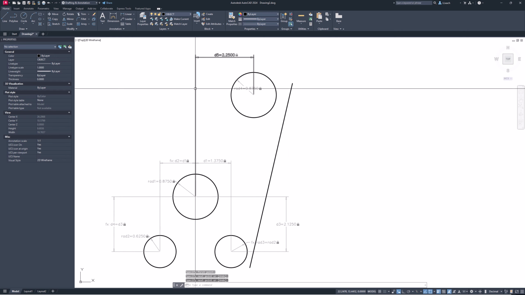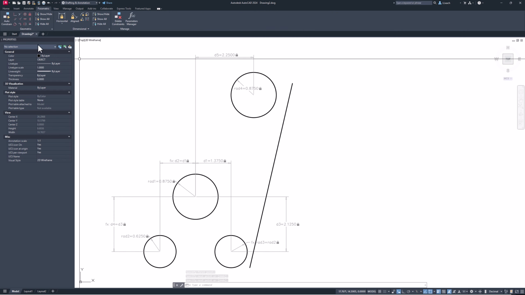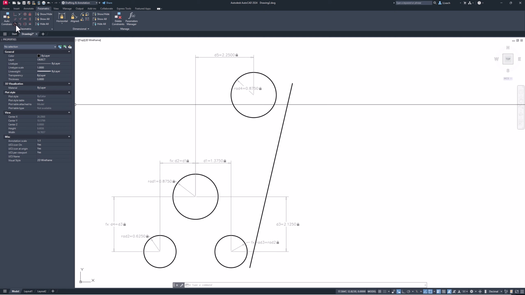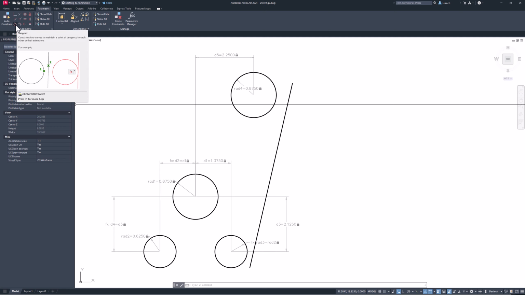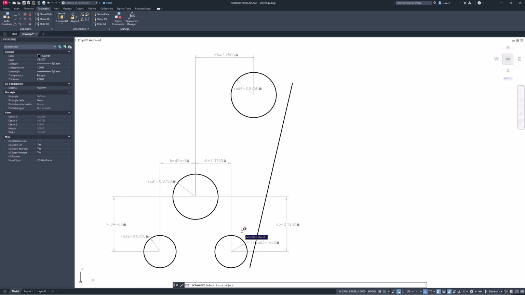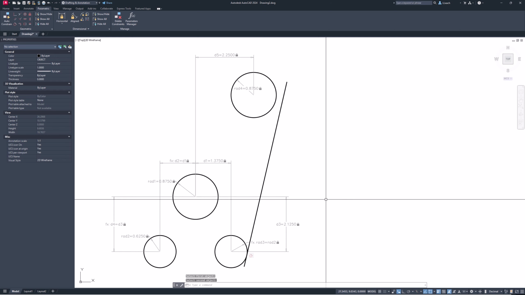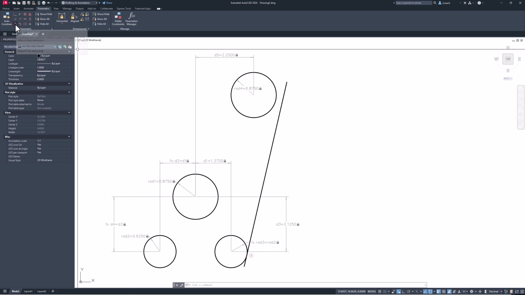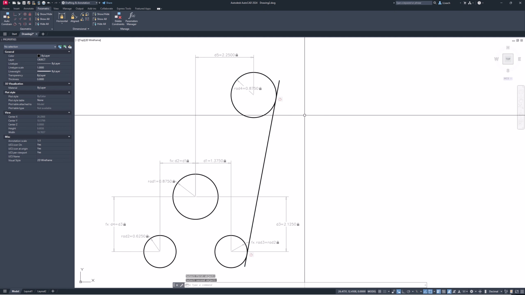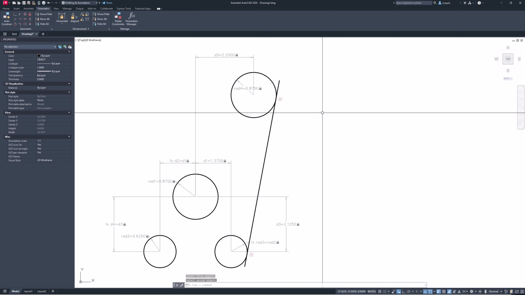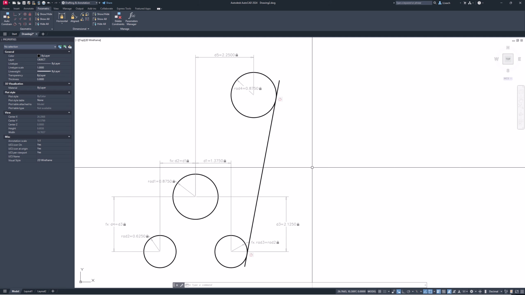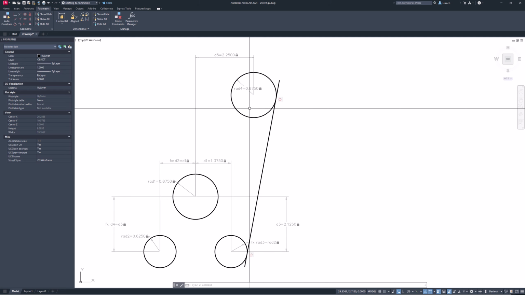Now I'm going to go back to my parametric and select my tangent constraint. I think I'm going to select the circle first. It does kind of matter which one. So I select the circle first, somewhere here, then select the line. Yeah, so then the line moves to the circle. I'm at the tangent constraint again. Let's select the circle, select the line. Right, so the line moves to the circle. So I know that that line is tangent to both of those circles. I still don't know the height of this thing, but